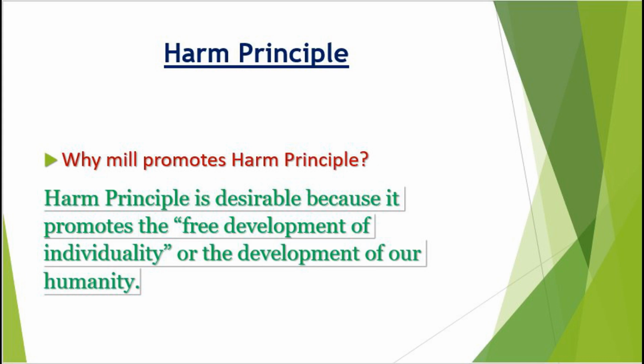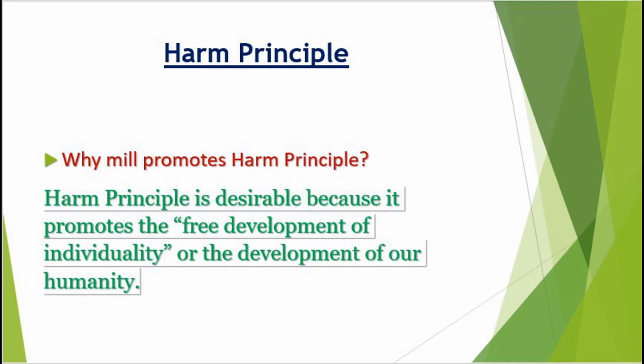Now the question is, why does Mill promote the harm principle? The answer is, he thinks abiding by the harm principle is desirable because it promotes what Mill calls the free development of individuality, or the development of our humanity. Why did Mill stress so much on the liberty of the individual? Why was he so vocal about freedom? The answer is,